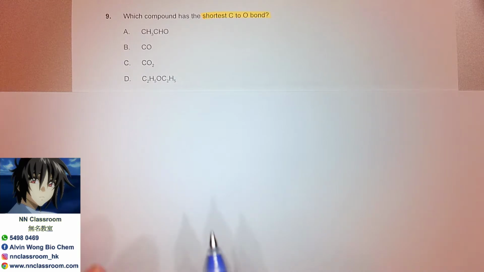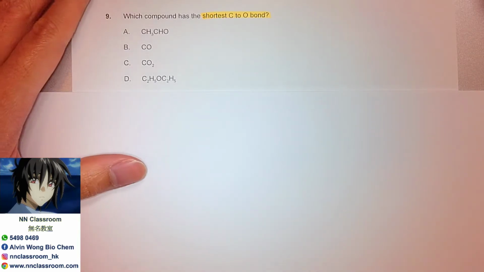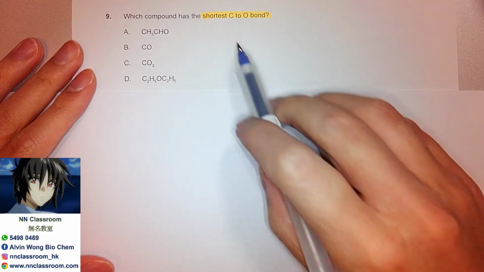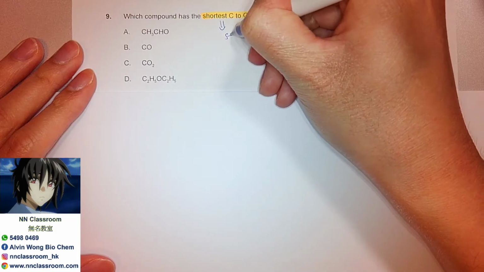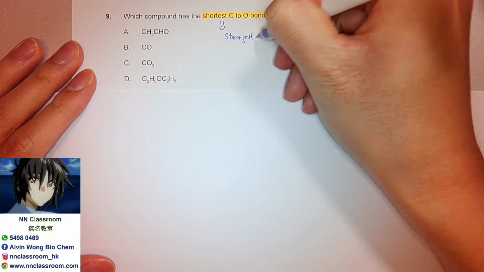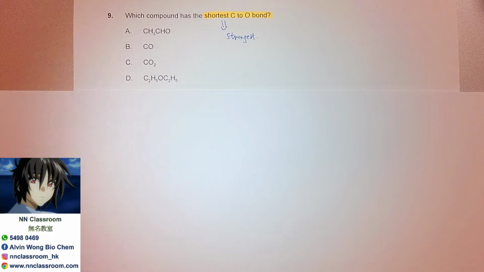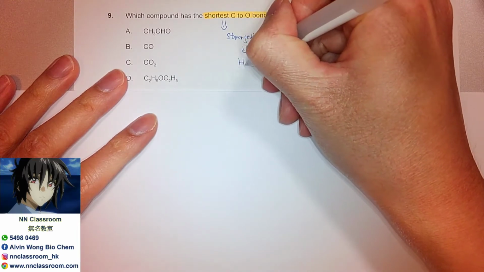C-O bond? So first of all, the student must realize what's meant by shortest means strongest, right? Because the bond length is going to be a really critical criterion that we look for in terms of indicating bond strength. The shorter the bond, the stronger the bond it is, right? Makes sense? So that's why now we should be choosing the strongest C-O bond. And the strongest here also means the bond order that is going to be highest